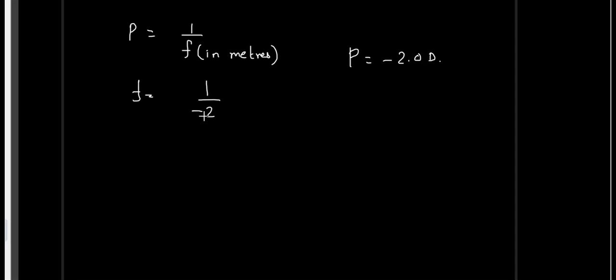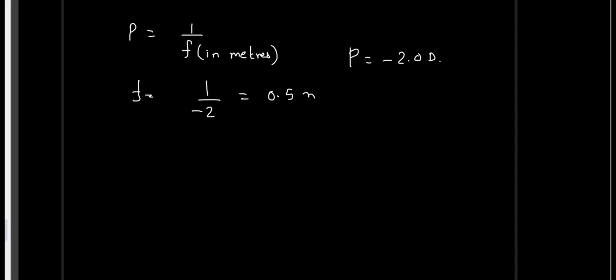What we have to do? We have to find the focal length. What is the formula for focal length? Power is equal to 1 by f, and the unit of f should be in meters. So f in meters. Given to us is the power is minus 2.0 diopter. The unit of power is diopter. We write it with a capital D. So focal length will be 1 by minus 2, which is